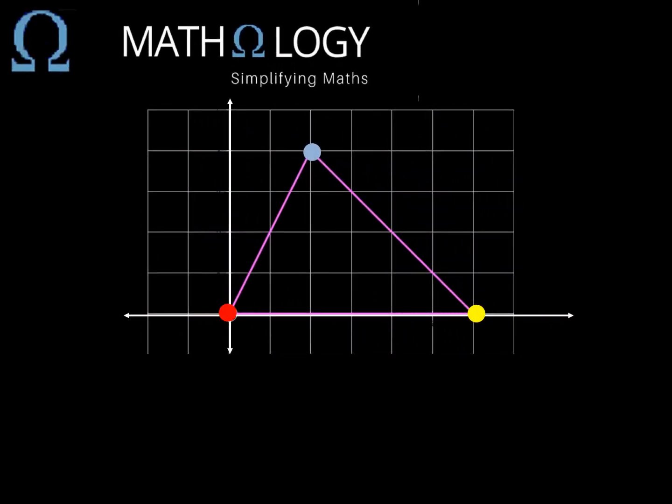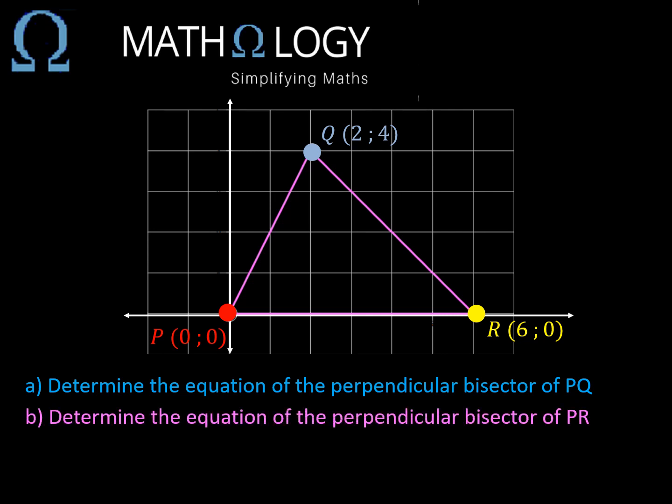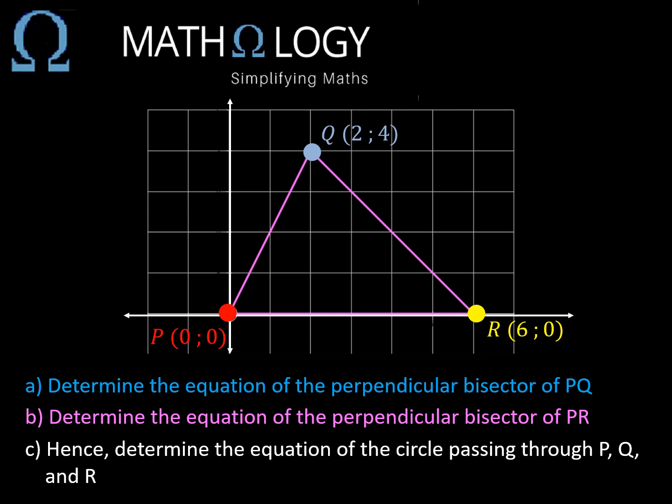Given triangle PQR, with vertices P(0, 0), Q(2, 4), and R(6, 0). Determine the equation of the perpendicular bisector of PQ. Determine the equation of the perpendicular bisector of PR, and hence, determine the equation of the circle passing through P,